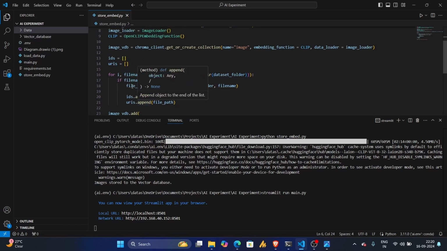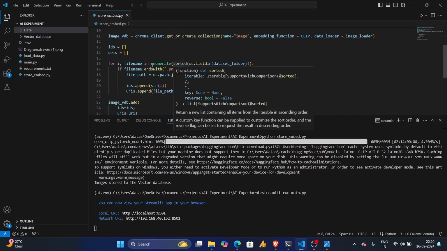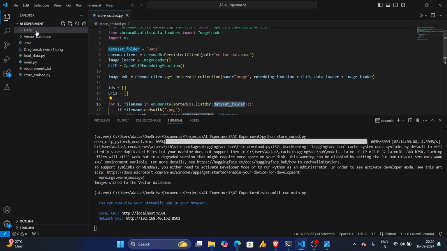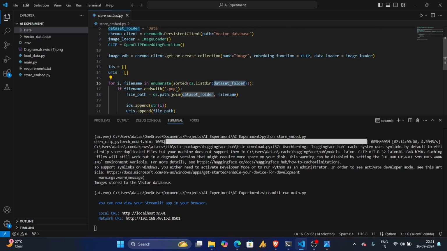Here what we are doing is iterating one by one with the help of a for loop. First we are taking the index number and the file name from that dataset folder, and the dataset folder is data. So one by one it is going to load the images from there. It will give the index number and the file name stored in this dataset folder. Here we have given an if condition: if the file name ends with .png, so we are only going to load the png